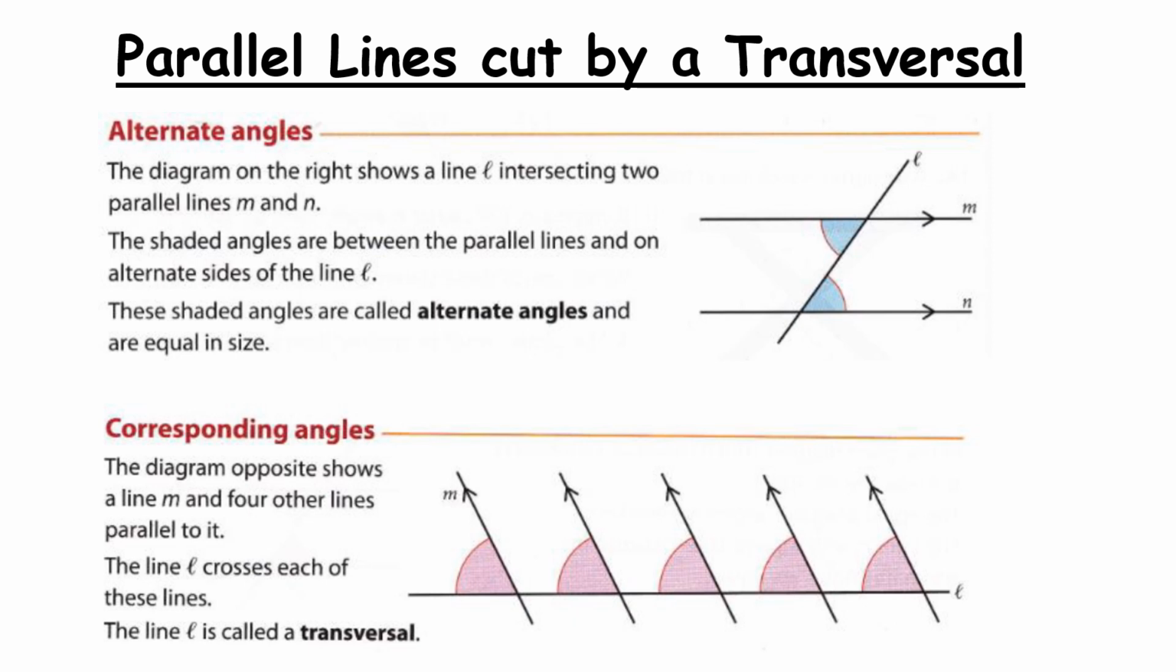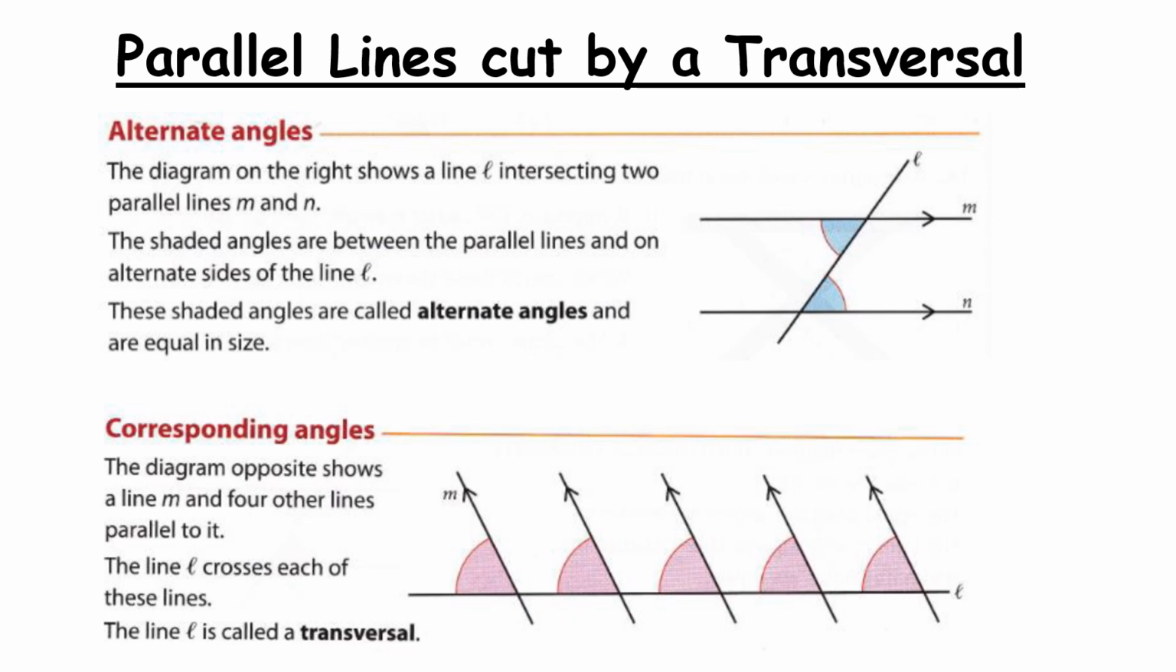So a transversal is a line which cuts across two or more parallel lines. In this first picture, we're talking about line L. So the technical term for line L there is a transversal. So what we get when we have two or more parallel lines and a transversal is we get two very